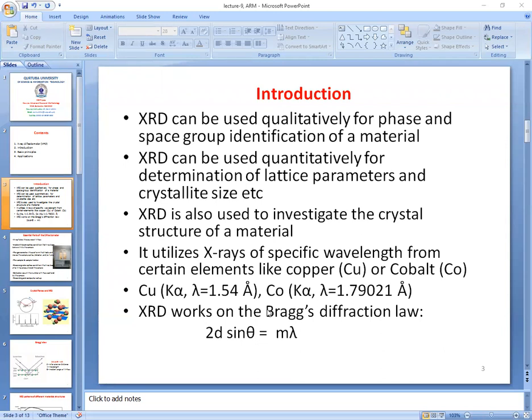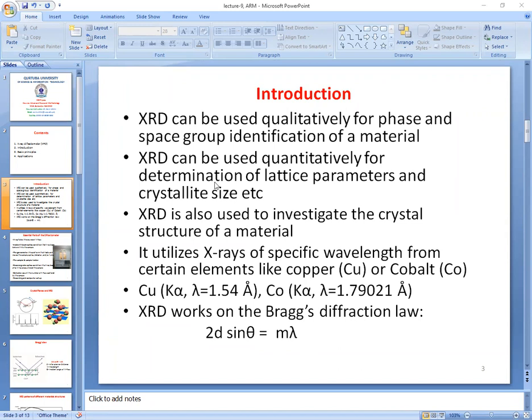The wavelength of the X-rays obtained from molybdenum is smaller than these ones. It is less than 1 Angstrom. And we use the wavelength which is compatible with the interplanar distance of the crystal materials. XRD works on Bragg's diffraction law, 2d sin theta is equal to m lambda, which we will discuss later. So all this is about XRD and